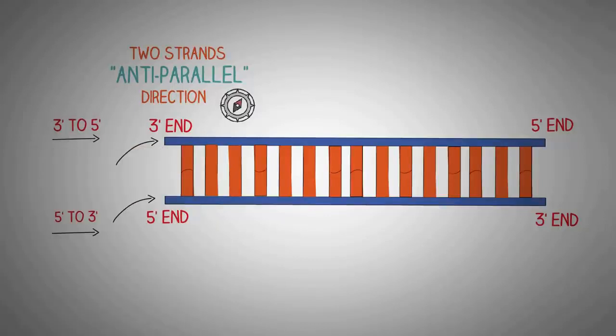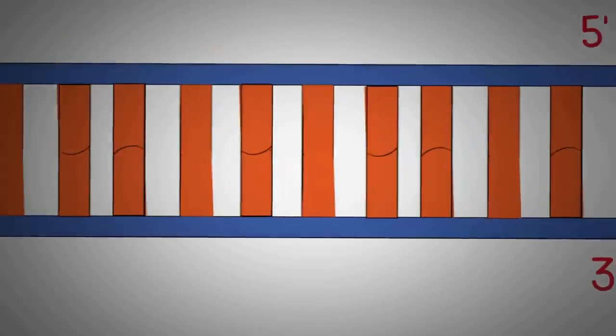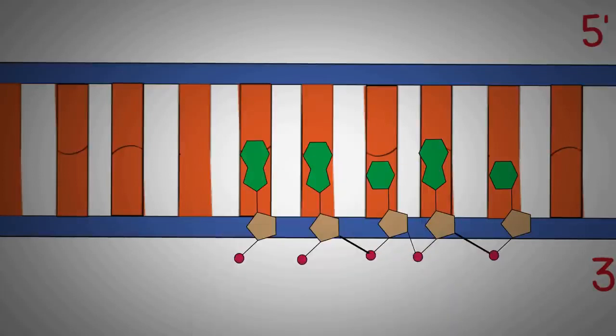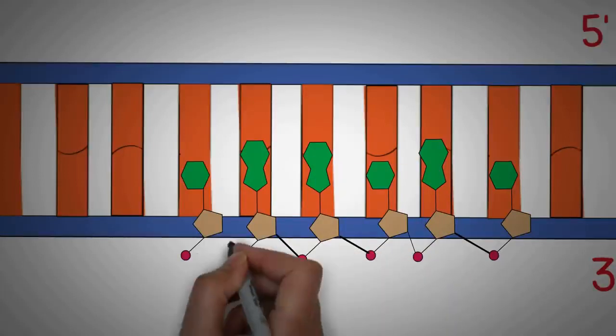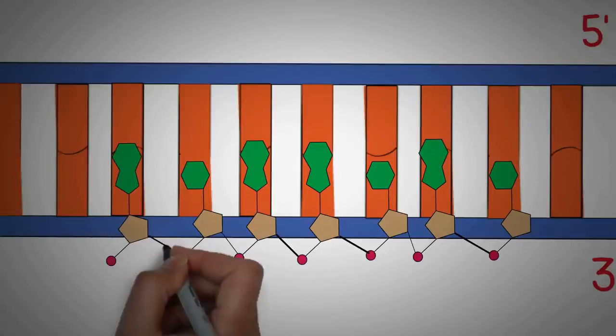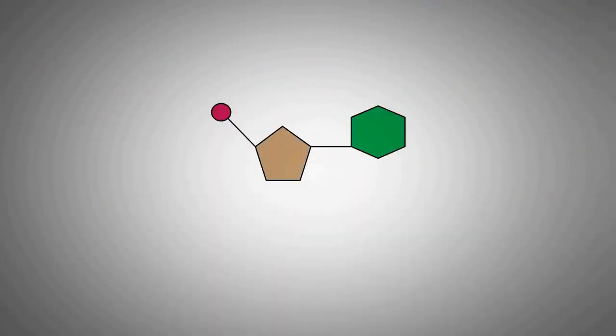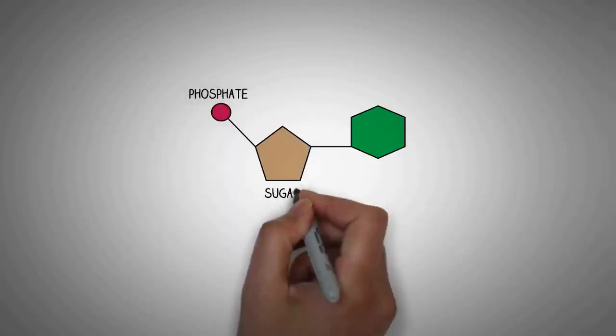Now to understand the concept of direction in DNA in a better way, let's take a brief and close look at the structure of the DNA. In this example, you can see the different nucleotides and how they are joined together in one strand of DNA. If we take one nucleotide out from this strand, you can see the simple depiction of the chemical structure of a nucleotide. We will not go into the details as we have discussed the structure in previous videos, but you can note that we have 3 important groups in a nucleotide, which are the phosphate, the sugar